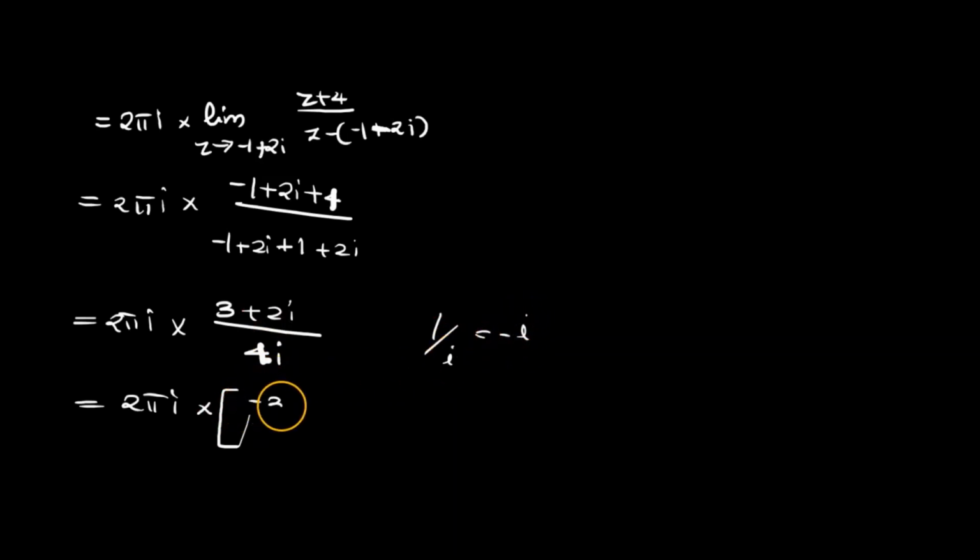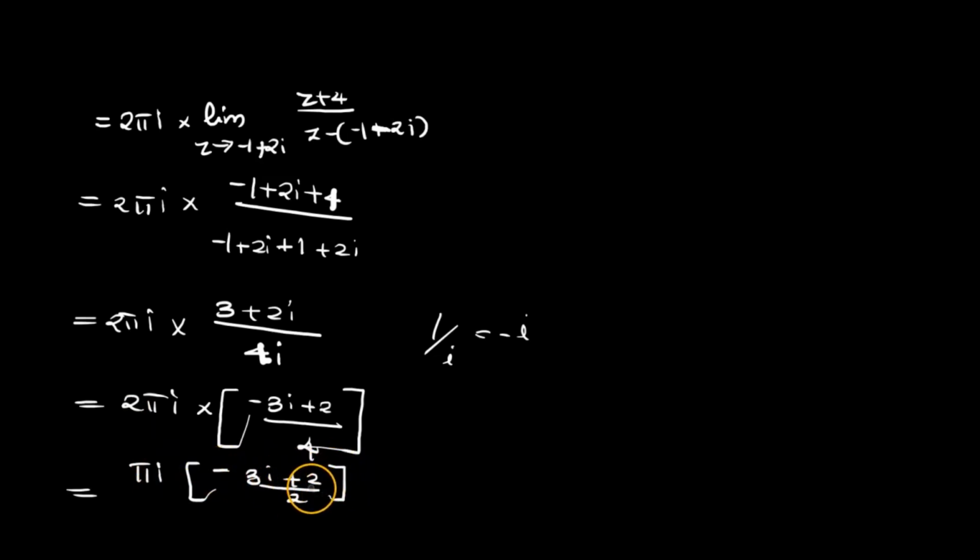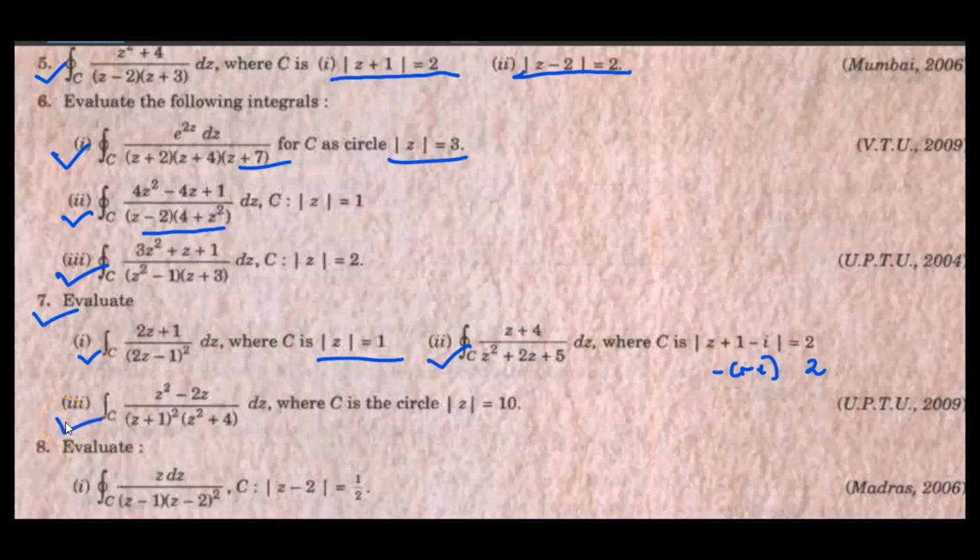So this is −3i, and −i into 2i is plus 2, divided by 4, since i square is already −1. So 4 and 2 cancel, then we get πi times (−3i + 2)/2. This is the answer. Next question: